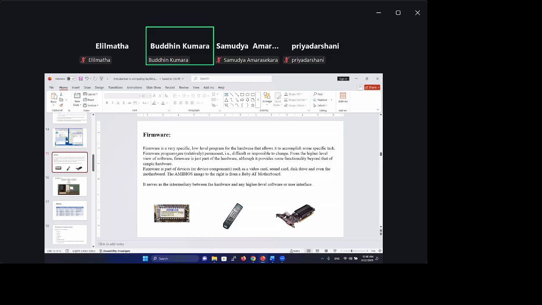Firmware means that program, that software is inbuilt in this instrument. We can't change it. If you want to change it, you can't change the coding. That means you can't do anything